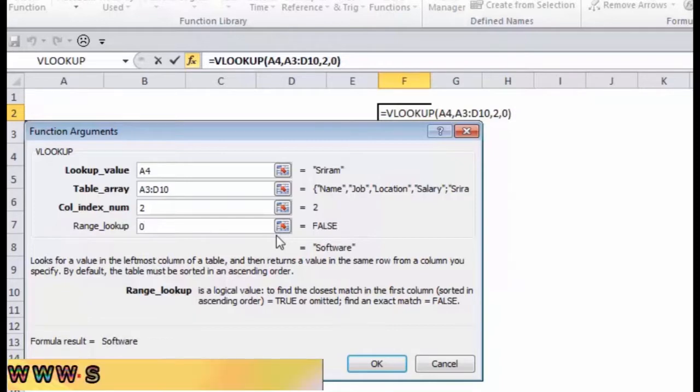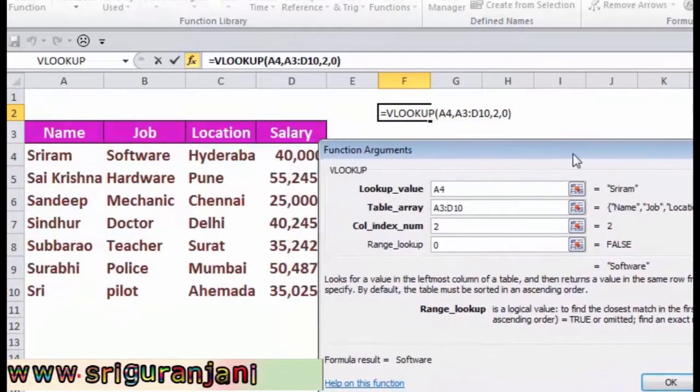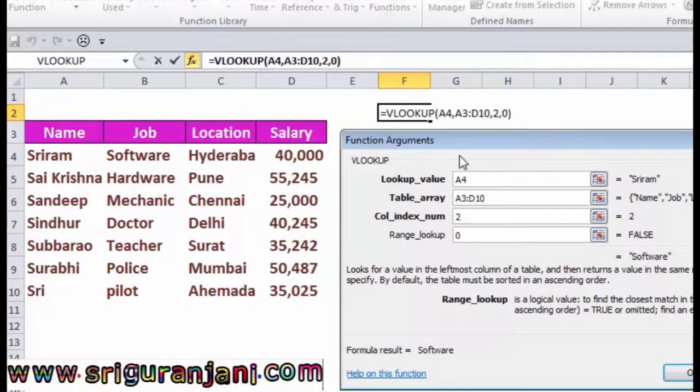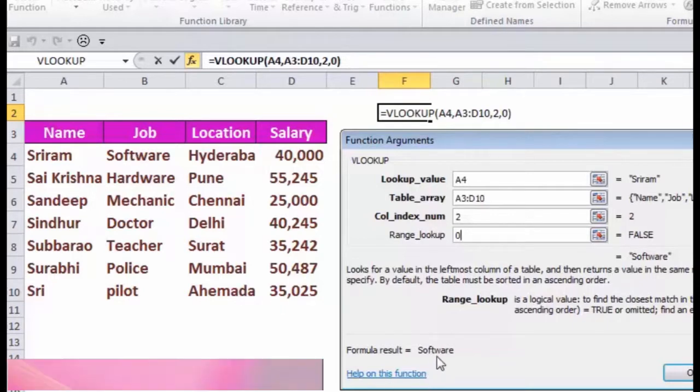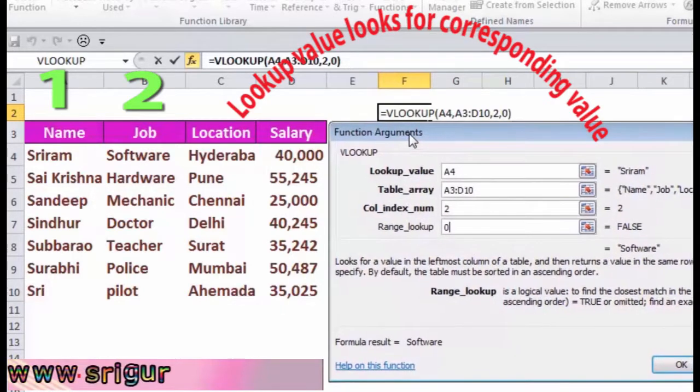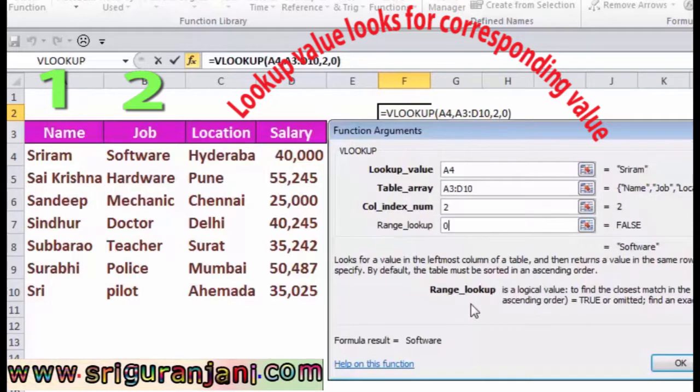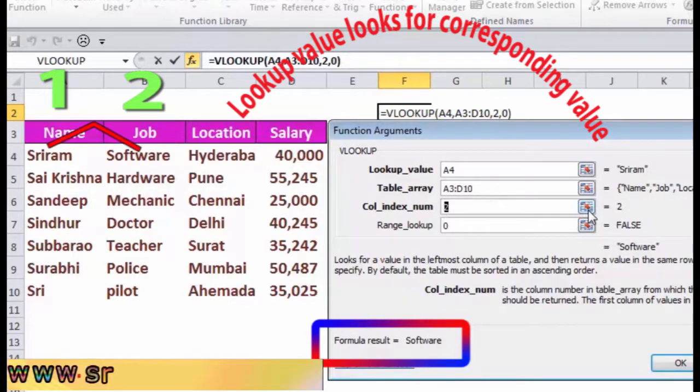Now I am mentioning 0, which represents false. So here I have considered column index number as 2 and range lookup as 0. It displays the result as software.